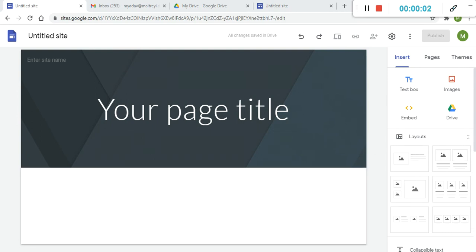Google Sites is very important for students as well as for teachers and other professionals. As a student, you can use it to create your own portfolios. You can create and manage your assignments, projects, etc. You can collaborate on group projects and work in teams. You can present your assignments or projects through Google Sites.